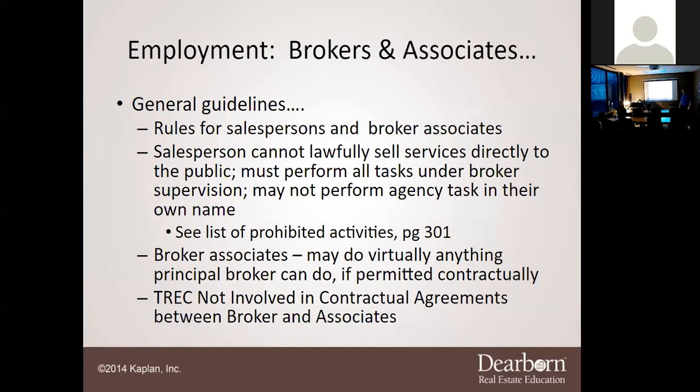Yes, Cody. If I was doing that and someone reported me to Trek, someone else claiming to be a broker, and they try to go after my license, would they go after the online broker or whoever? They're going to go after both of you. They're going to go after the broker for not supervising their agent, and they're going to go after you individually. And you will most likely lose your license. So you have to be very, very careful in that because you cannot act in that situation.